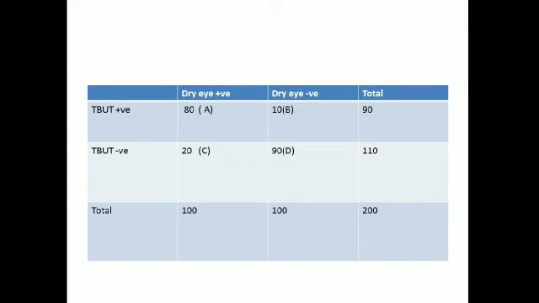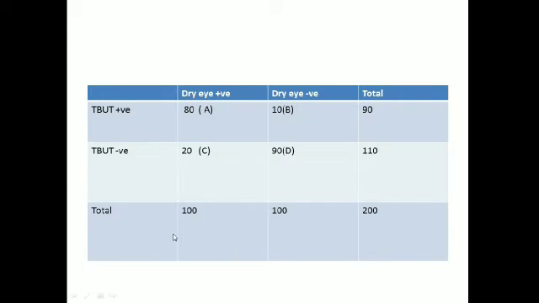Here you can see we have already got the value 80 as true positive, 10 as false positive, and 100 was the total number of patients with dry eye, and the total of 200 patients were screened. Right? So from here we got that the total number of dry eye patients was 100. So from these values, 80, 10, 90, 200, 100 and 100, we can easily calculate the row of TBUT